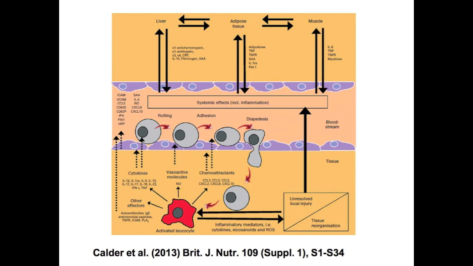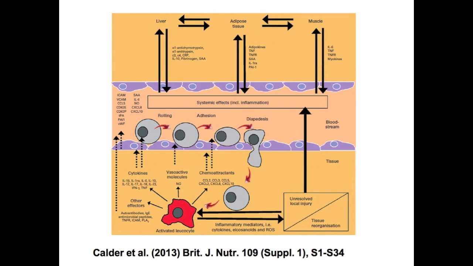Some of these chemicals spill over from the site into the bloodstream, and you can measure increased concentrations of these chemicals in the bloodstream. So, for example, let's say this is the joint of somebody with rheumatoid arthritis. All of the inflammatory activity is going on in the joint, but you can actually measure high concentrations of some of these chemicals in the bloodstream because they've spilt over from the joint into the bloodstream. Same with inflammatory bowel disease. Same with asthma. Even though the inflammation is in the lungs, you can measure higher concentrations of these markers in the blood. So that's handy for tracking inflammation because it's easier to sample blood than these different tissues.